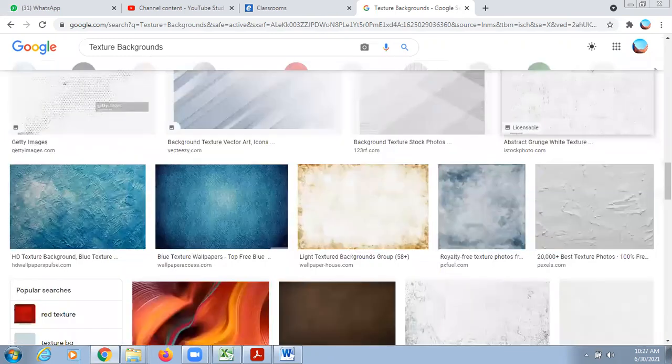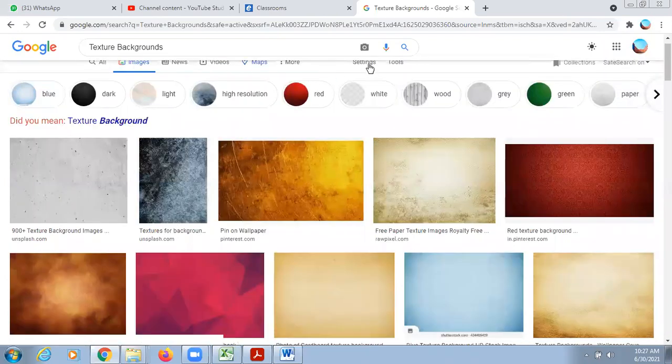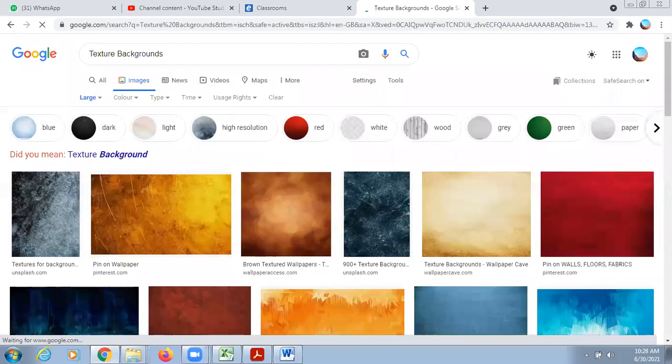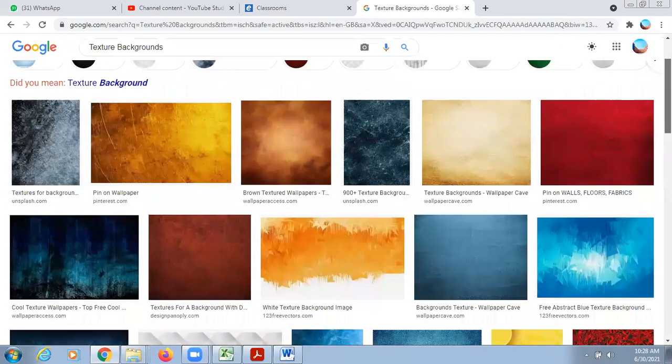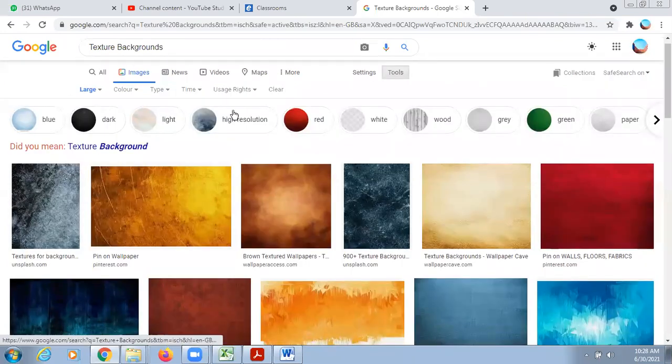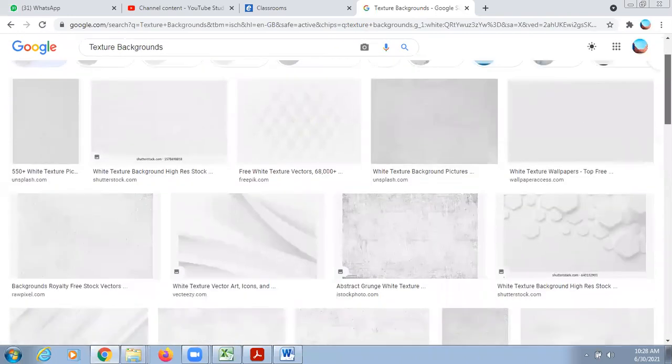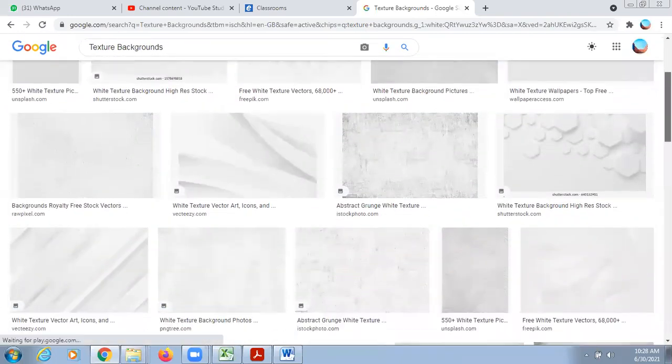So we have to check the sizes also. Go to tools. Size should be large. So these are the white textures which we can insert on our page.